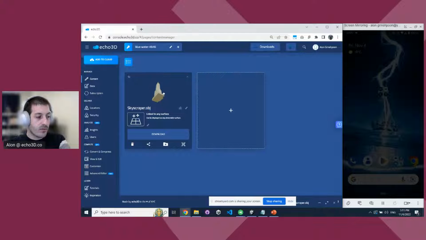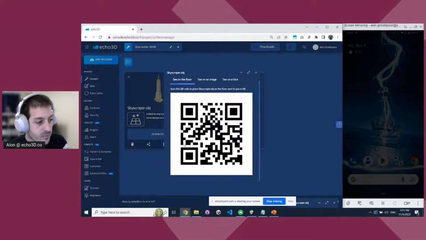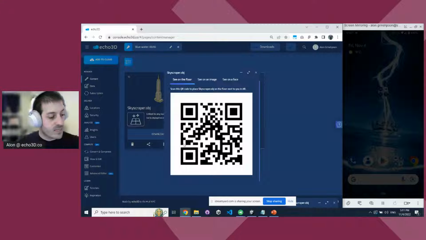And now let's see this in augmented reality. So I'm going to click this button right here. It will open a QR code. If you're watching this live, you can scan this right now. I'm going to do this with my phone, but if you want to, you can scan this as well. Scan the QR code. It redirects to a website. You don't have to install anything. And you'll be able to see this